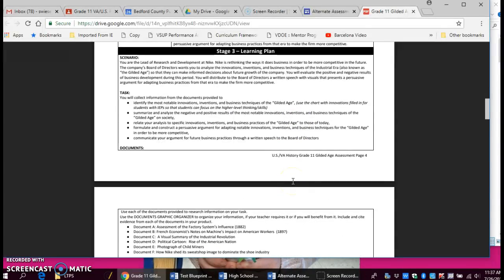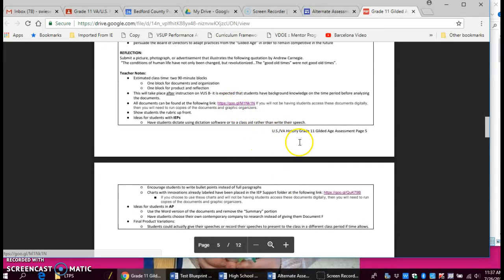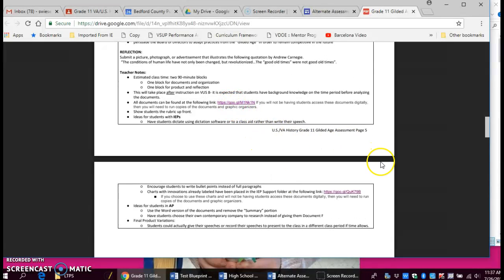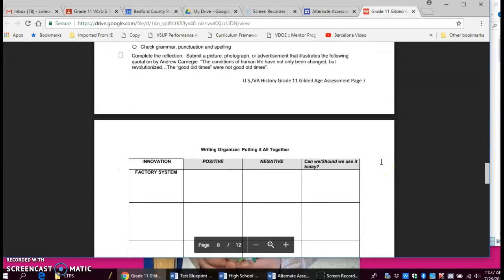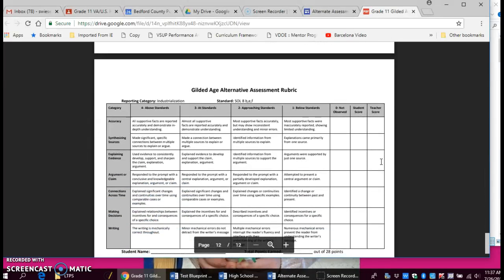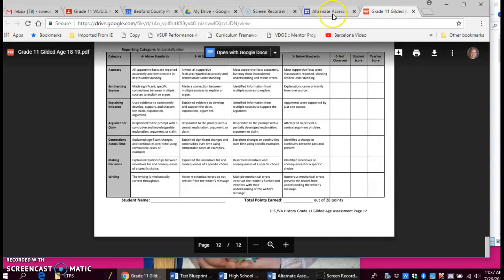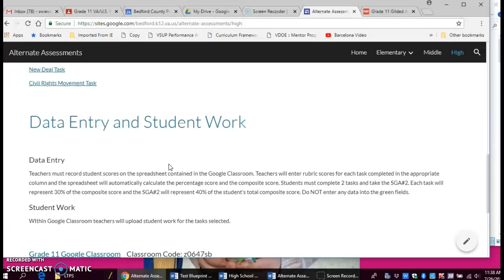So there are directions to teachers, and some notes of interest that you would need. If there are any links to materials that you need to access, they are available as well. And again, you can see the student handouts are available that they would fill out, and then ultimately the rubric is available. Okay, so again, you'll select which 2 tasks you want and access them so that you'll know what is required. Next, you would implement the task, and once you have implemented your task and graded them, you will